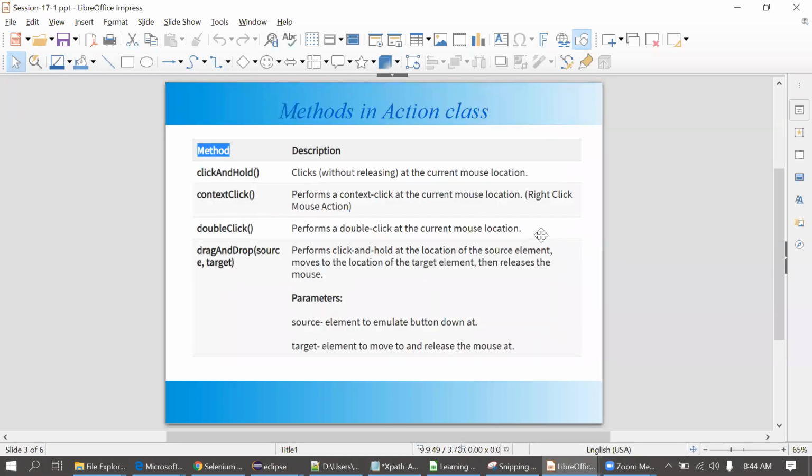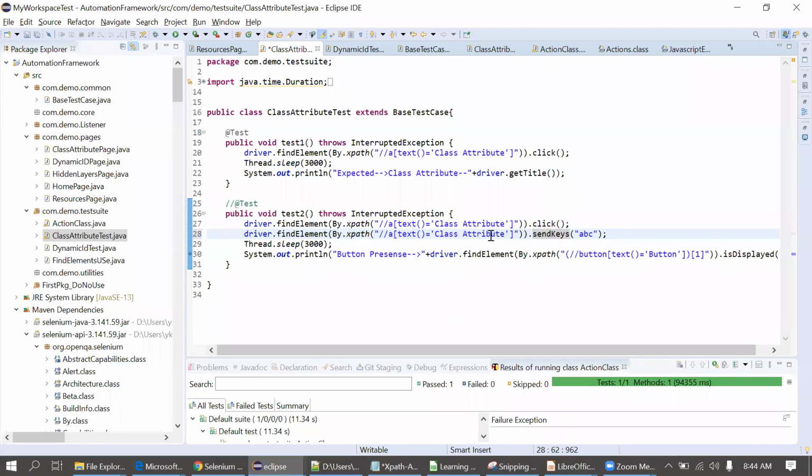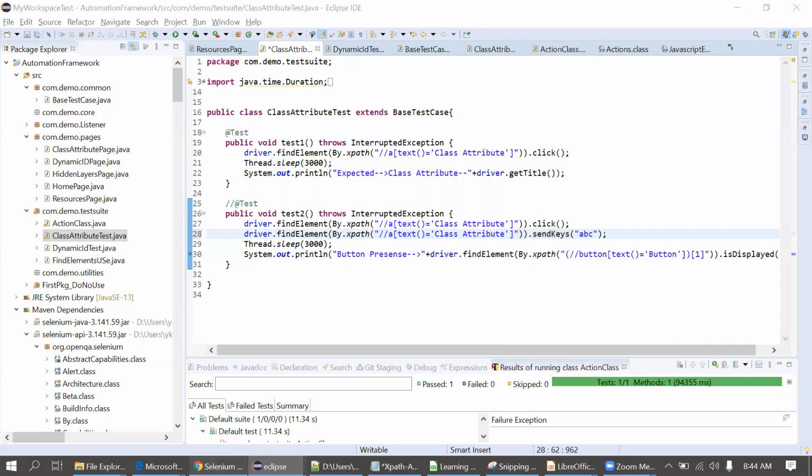Now there are some common methods between WebDriver and the Actions class. Suppose, for example, we are not able to click on a particular web element on the UI by our normal web element click. In that case, we can go ahead with Actions, but we have to make sure that we are able to click manually on that particular web element. Unless, what will happen, suppose any element is hidden in the backend and we are not able to click it on our own. Suppose, for example, this is a UI.